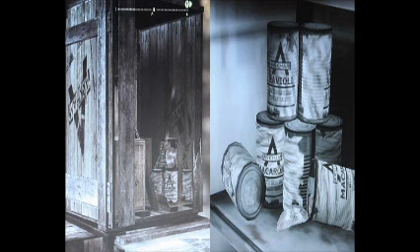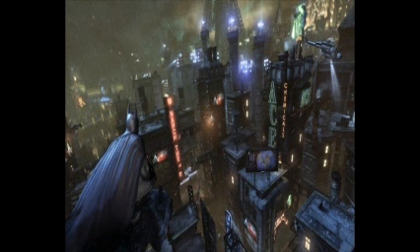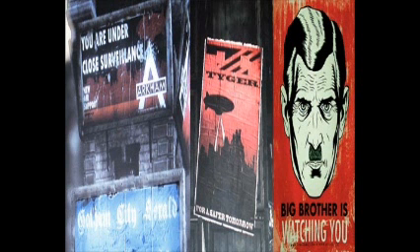The attention to detail goes as far as the food crates for the prisoners and the food itself having an Arkham City logo printed on them. All of these seemingly insignificant details are actually very important in making the world feel real and not just a computer-generated world. By Rocksteady including these little details, they increase the immersion level of the game and the player's engagement and experience. The art direction adds to the player's immersion in the game as it is meant to make them feel as though the inmates of the city are repressed and gain the sense of a power struggle between some of the biggest crime lords in the Batman universe.